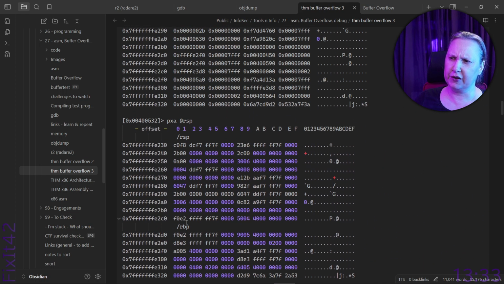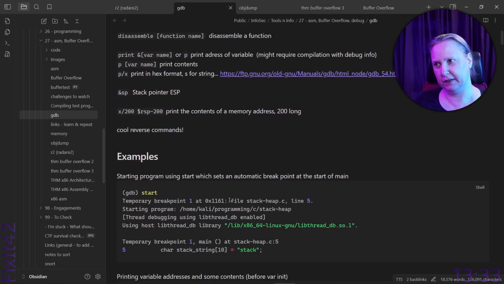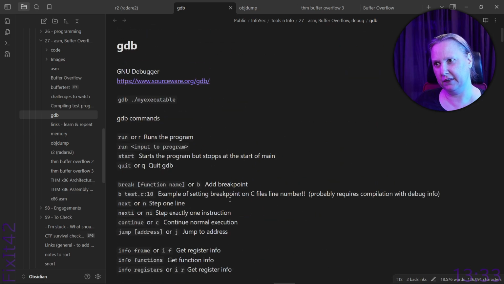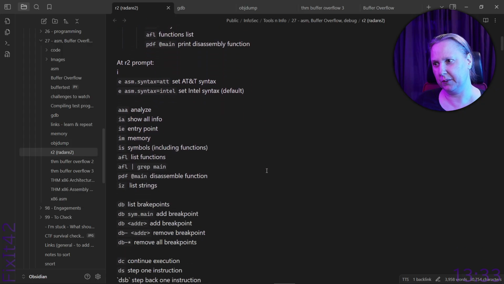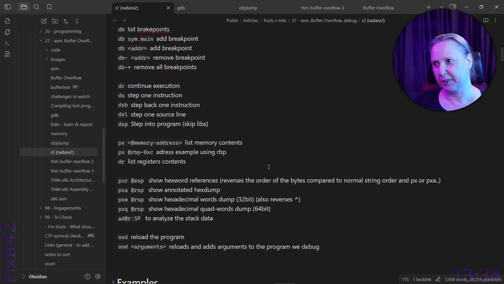Right, there's also the thing that some of them have a backwards. Let's see, I added that in the notes. Oh, I'm not at R2. I'm like, where is it? Wrong program. Here, PXR reverses the order of the bytes compared to normal string order, and the PXA also reverses it.